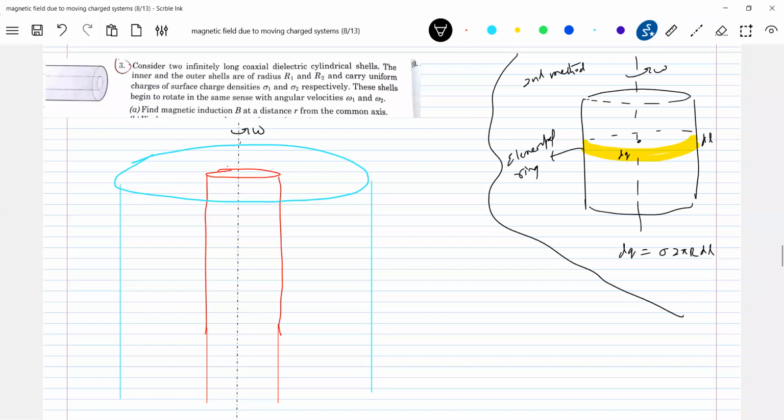The radii are R1, R2. These shells begin to rotate in the same sense with angular velocities omega 1 and omega 2. I think the angular velocities are different. So for this, we'll show omega 1, omega 2. Charge densities sigma 1,